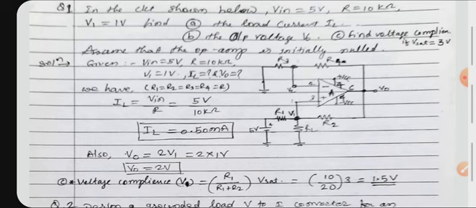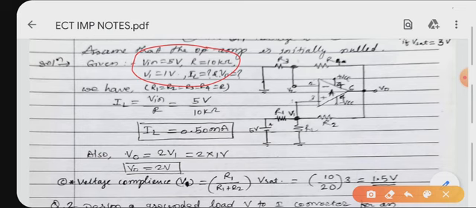First step is what is given. List out the given parameters here: V in, R, V1, and IL, VO you have to calculate. So we have R1 equal to R2 equal to R3 equal to R4 equal to R. All resistors have the same values. IL is equal to V in by R, the formula. From that you can get the value of IL, and you have VO equal to twice of V1. So keep this formula in mind. So you will get VO equal to 2 volt.